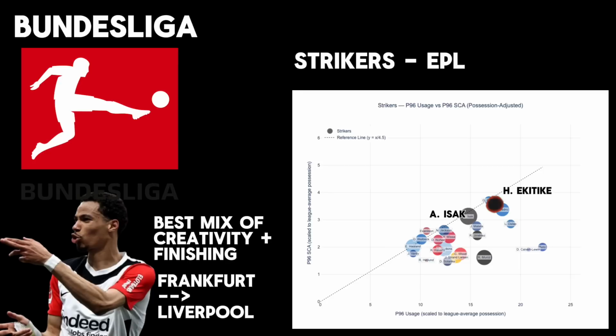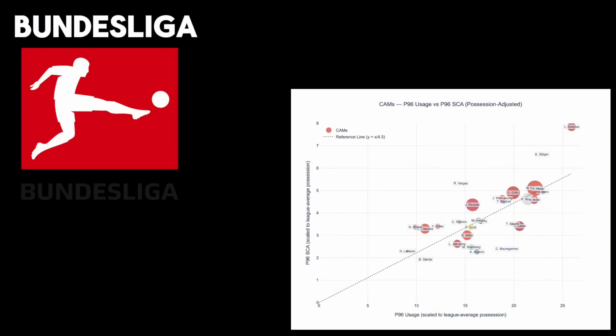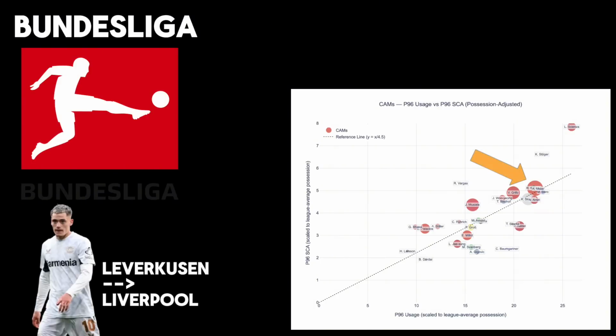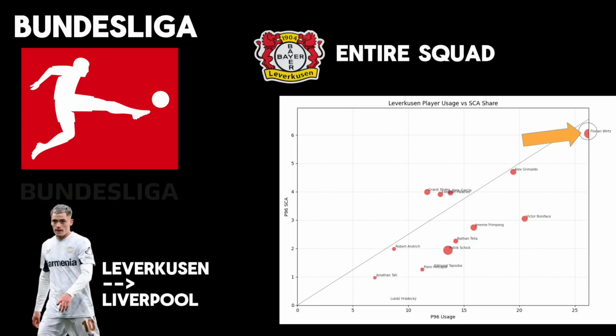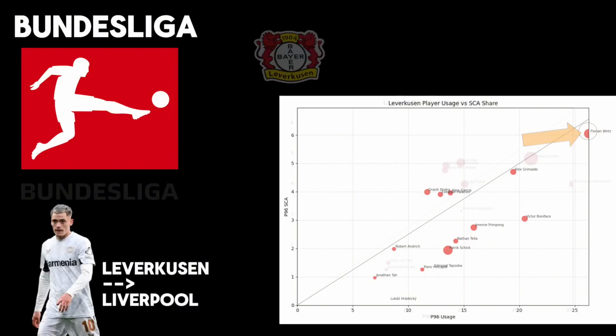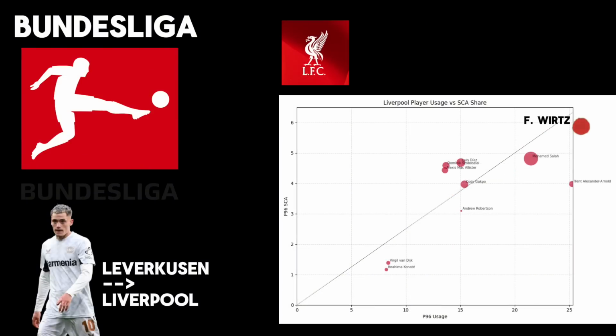He's the best mix of creativity and goal scoring from a striker right now. In contrast, I don't know if I understand Florian Wirtz to Liverpool as much. The heliocentric nature of his role at Leverkusen makes this feel like a mismatch. Liverpool don't play like that. All of their central midfielders sit further to the left, and they already have the guy in Mohamed Salah. Perhaps this is more of a play for a year or two down the line.